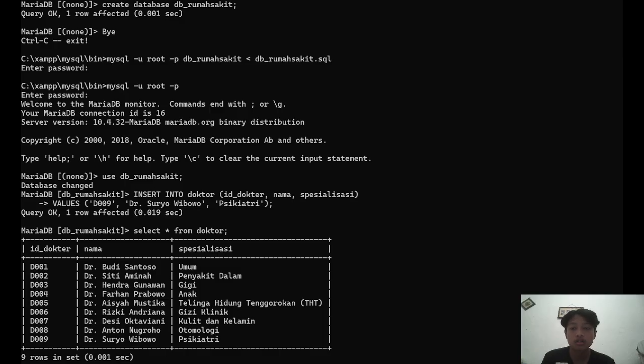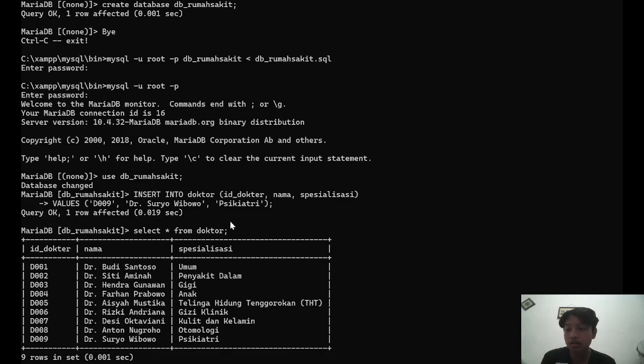2023313110. So here I will explain the results of my practicum in the SQL programming course. So to answer number 1, this is my query for number 1. This query will load all of the tables, relationships, and data that are stored inside the file db_rumahsakit.sql into our local MySQL or MariaDB system. It's like restoring a full database backup into my database engine.